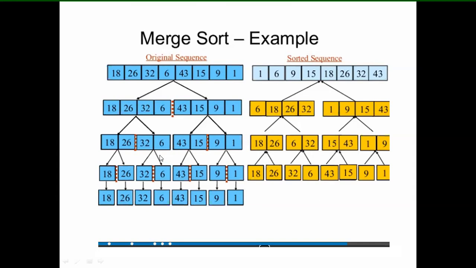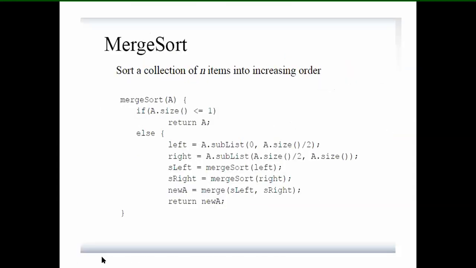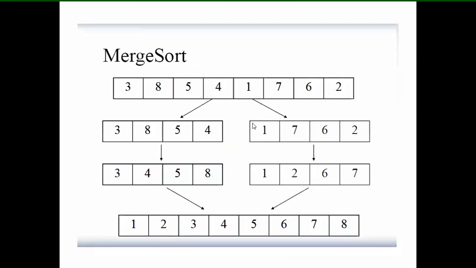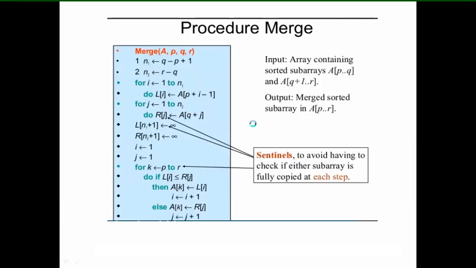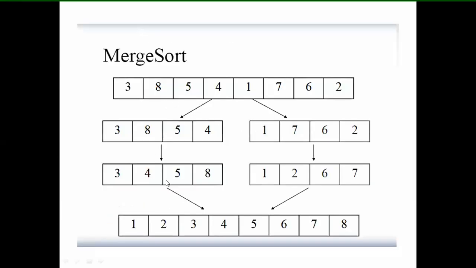Then we create two sorted arrays A and B. Then we perform the merge operation. After the arrays are sorted, we perform the merge operation. See here another example also. See, I have divided this. This is one sorted part, this is another part, and this is the final solution for this part.